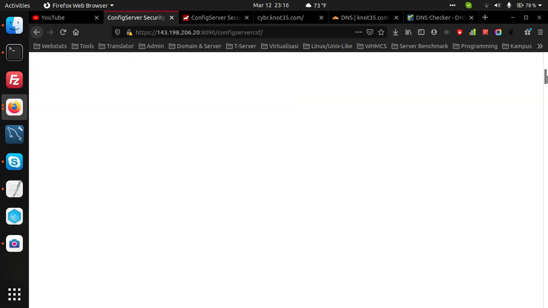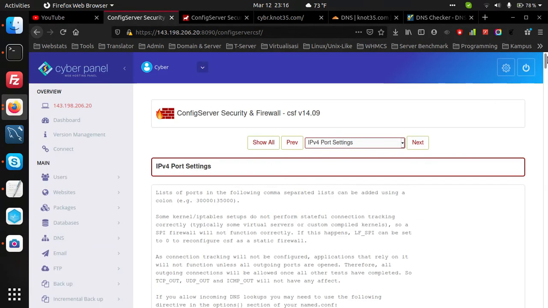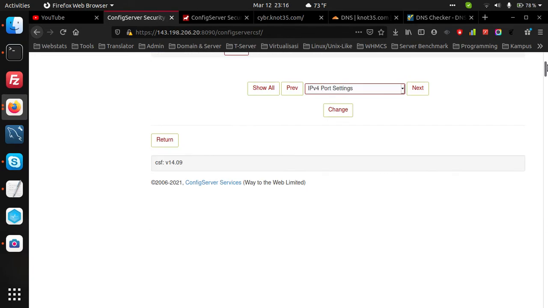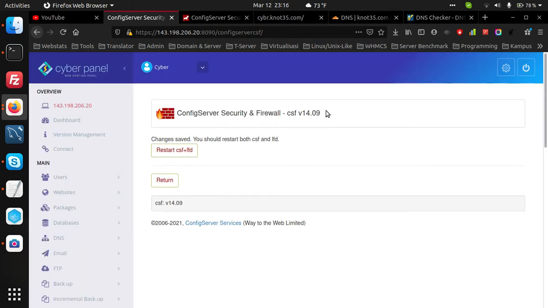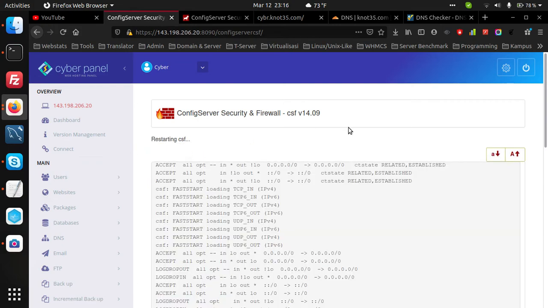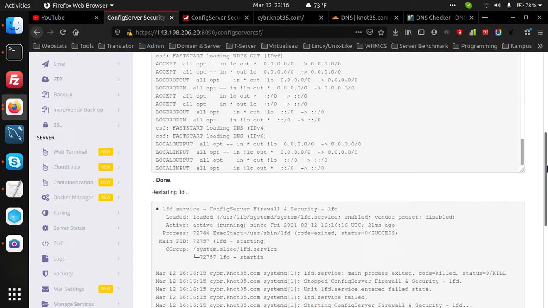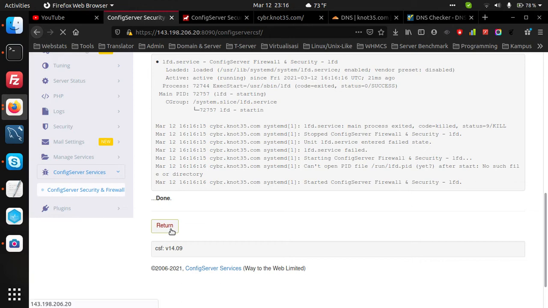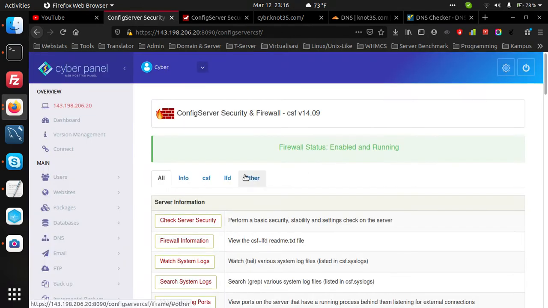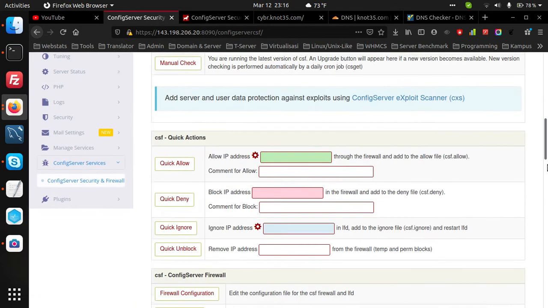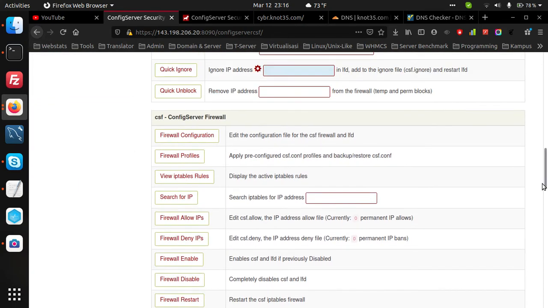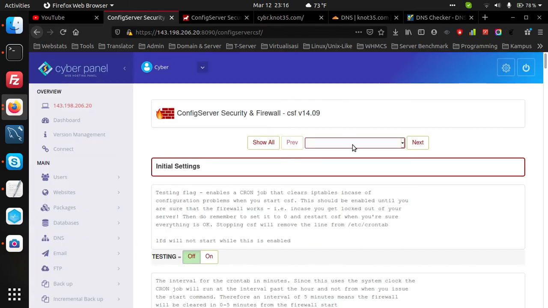Then click change. Then we can return. Also for the ADB port we should enable that.